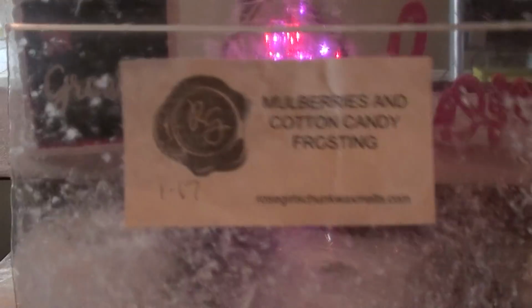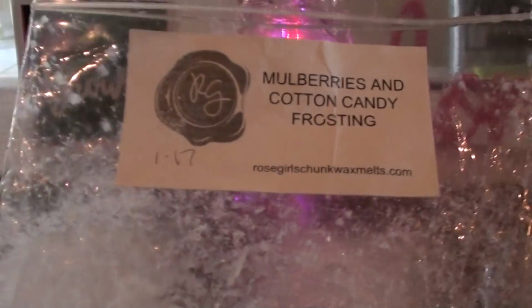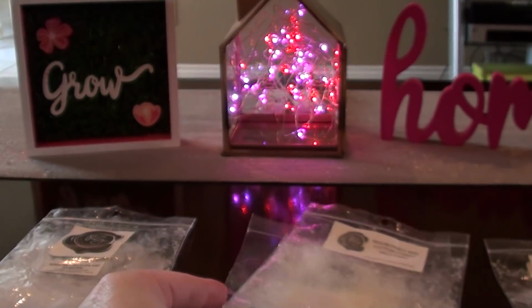This one is Mulberries and Cotton Candy Frosting. This is another one from a D-stash, so you can see the bag is wrecked. These kind of scents, like fruity scents with cotton candy, are amazing. I didn't hate this one, and I didn't love it. I just remember I enjoyed it, but it's not something that I would feel the need to reach for